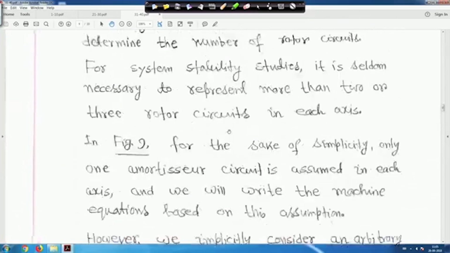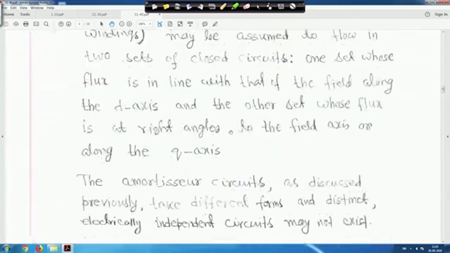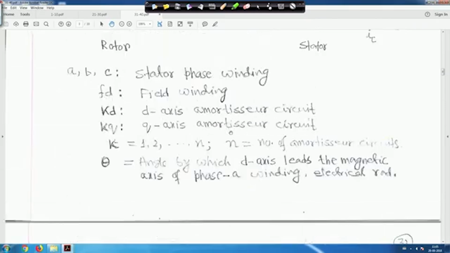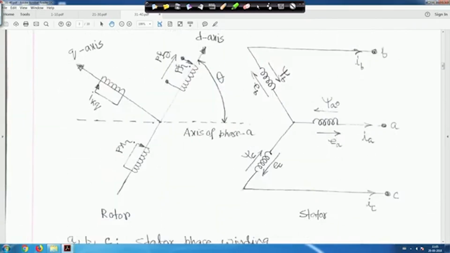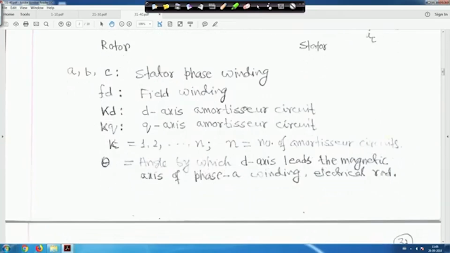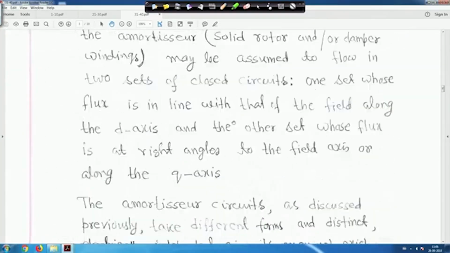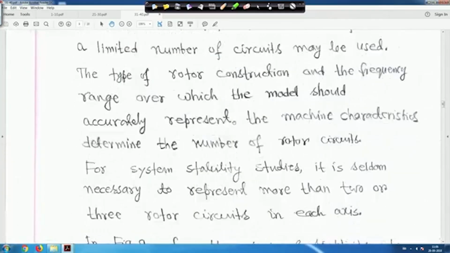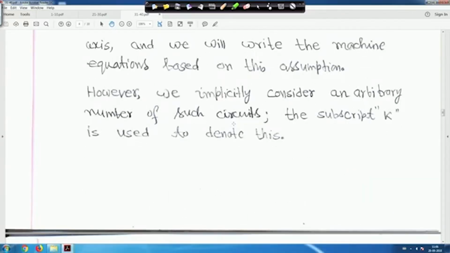So for this figure, we have to apply the coupled circuit concept, and we have to write down all the equations like psi A, psi B and psi C, and also the voltage equations EA, EB, EC, right? All these things in terms of psi A. The stator windings also have resistances, which you also have to consider; you cannot neglect that, right? So all these things we have to write using the concept of coupled circuit, which you have already studied